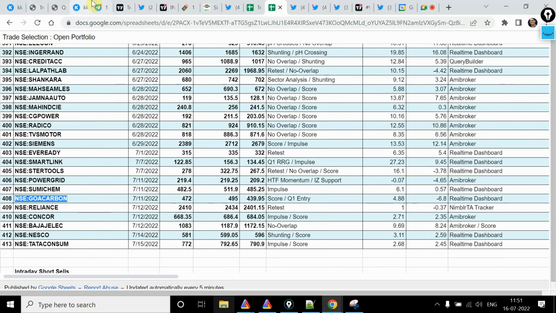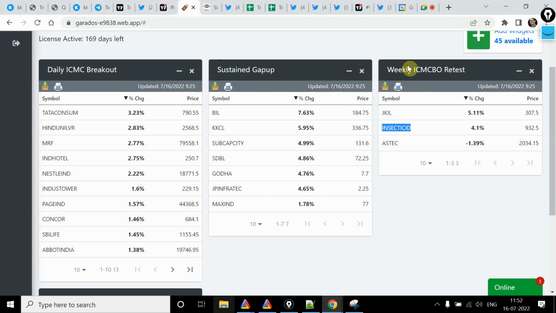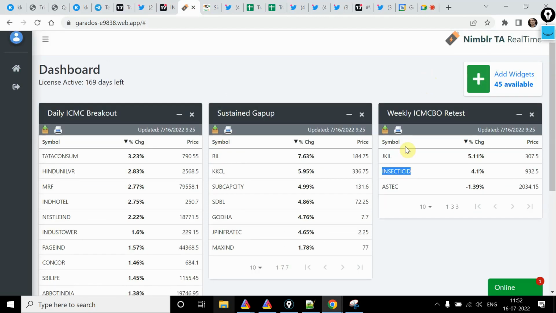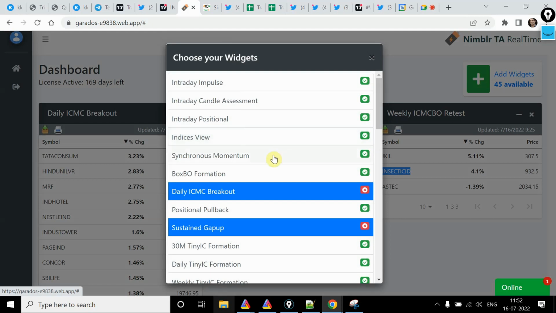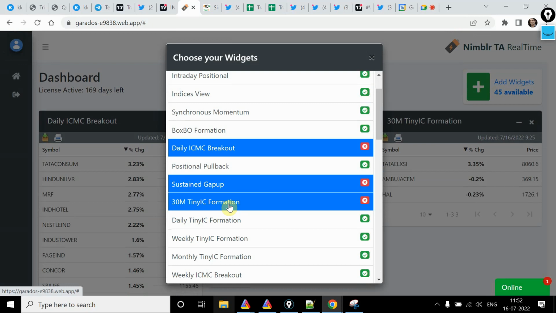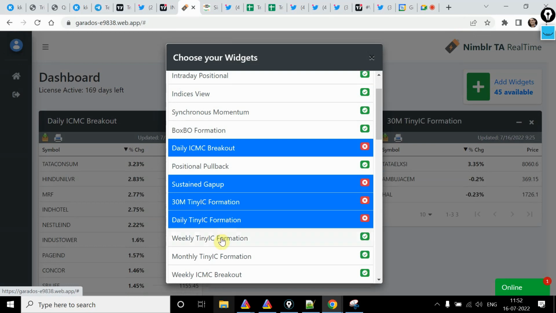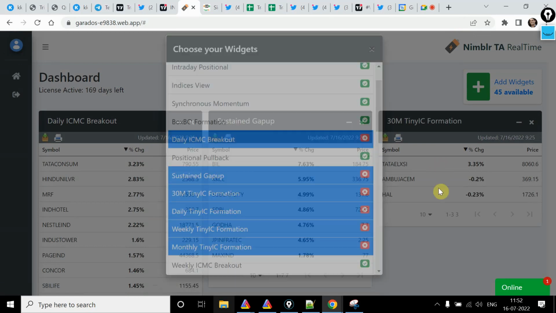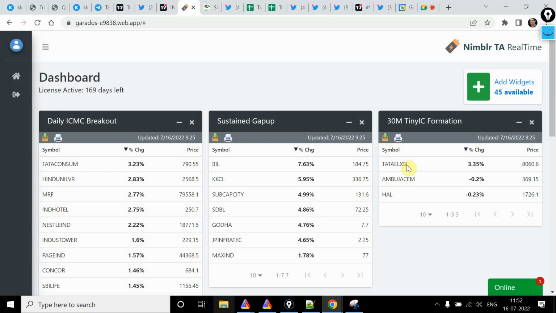Okay, so let's come down to the real-time dashboard. Hope this idea was clear for weekly retest, how it is happening, right? So in, for example, over here, it gave a weekly retest. Similarly, there are other formations. For example, tiny IC on 30 minutes. Where do we get daily, where do we get weekly, monthly? So these are very interesting because when you are actually working, if you see Tata Elxsi over here,